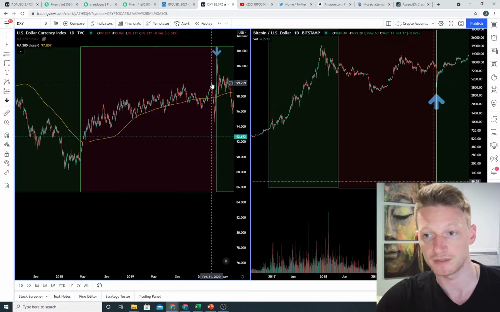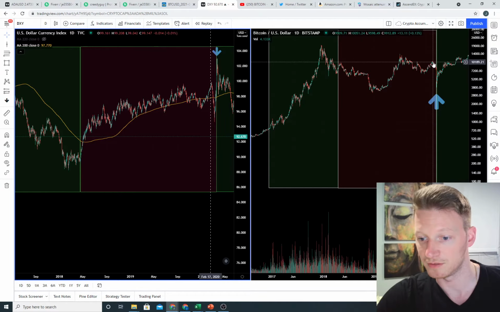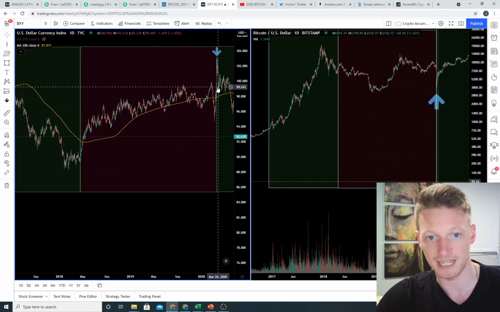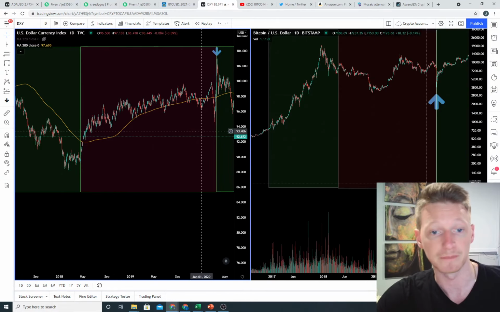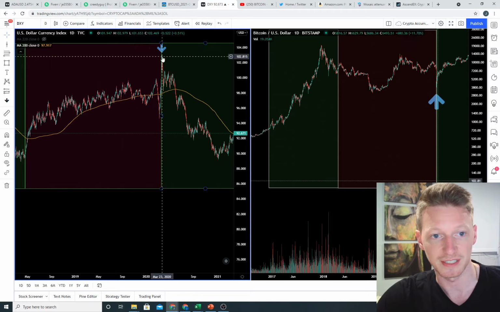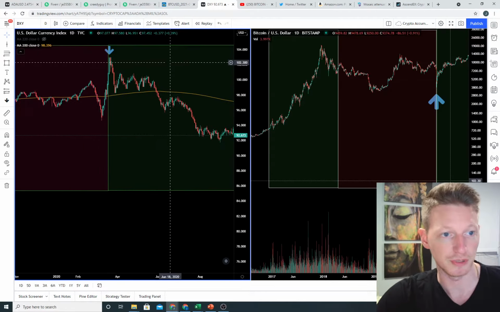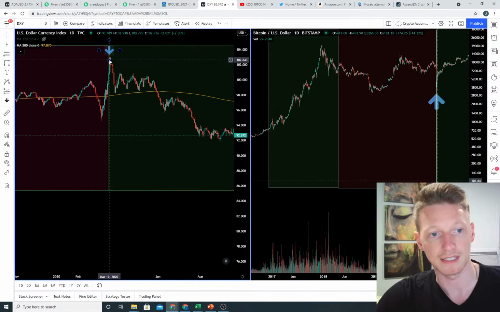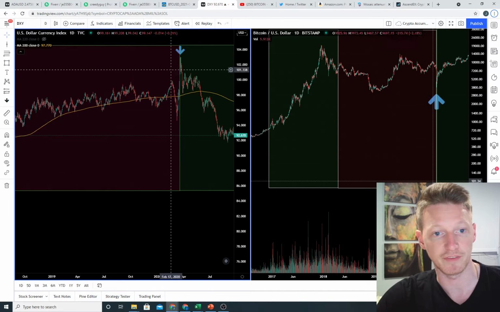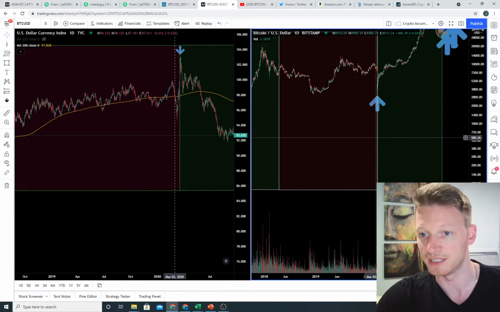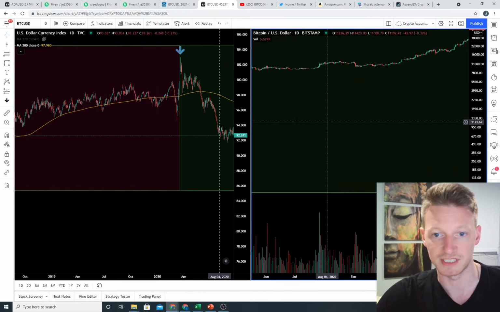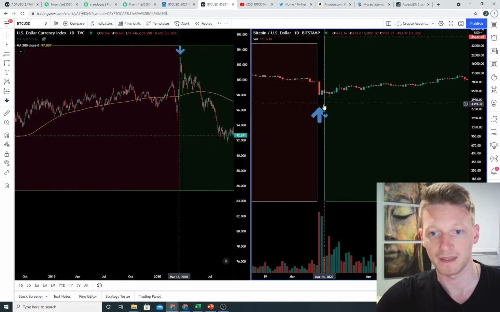DXY starts trending up and does so from the middle of 2018 all the way until February 24th. And look, February 24th, so data is a bit skewed for this very short range here for about a month and a half because of the COVID capitulation event. Nonetheless, you can see it's almost to the day when DXY finally loses all of its upward momentum on this day and starts a downtrend. And you can see I have the same day marked over here. On that same day,